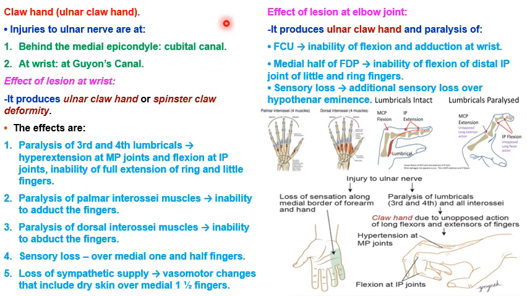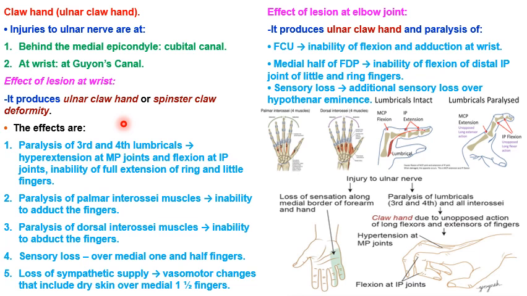So what is this claw hand? This claw hand can be seen when the ulnar nerve is injured at the elbow, that is behind the medial epicondyle, in the cubital canal or cubital tunnel, and it can be injured at the wrist, that is at the Guyon's canal, which can cause this claw hand. So the effect of the lesion at wrist, it produces the claw hand